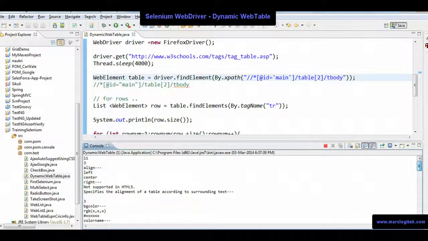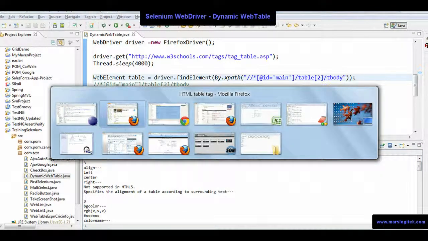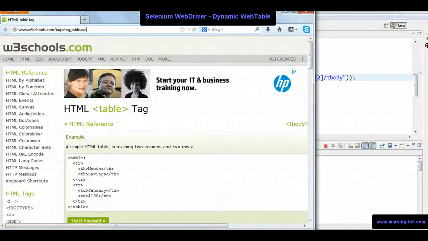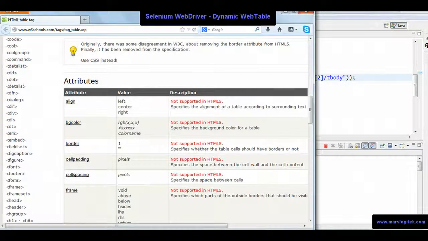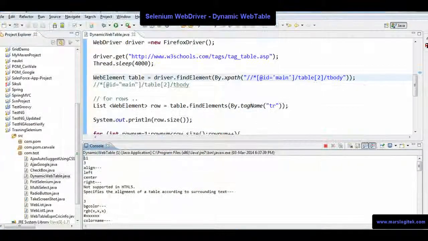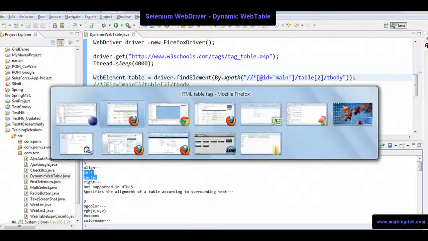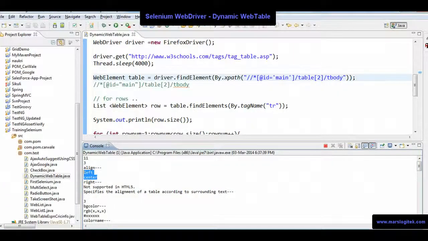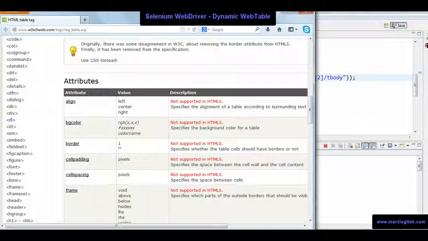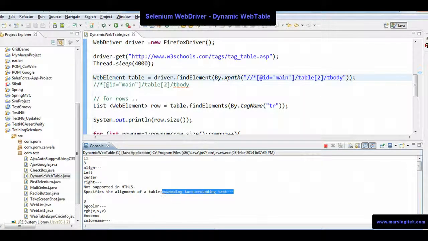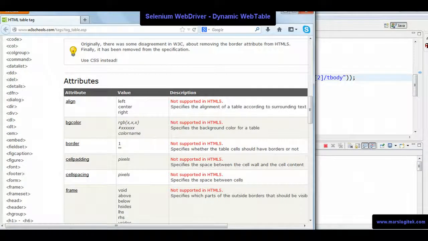So there are 11 rows and 3 columns. You can see the align left, center, right. So I think the formatting is not correct. That's not a problem. So come back here. You can see the data over here: attribute, value, description. I'm not displaying any header over here. You can see the align, and this is the first row, and you can see left, center, right. Left, center, right is nothing but a particular value in its cell, and description. It's saying not supported, something like this. This is the description. So what are the values you see here? It's all displayed on the screen.